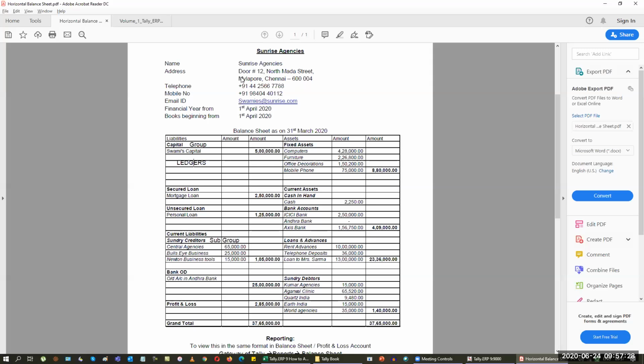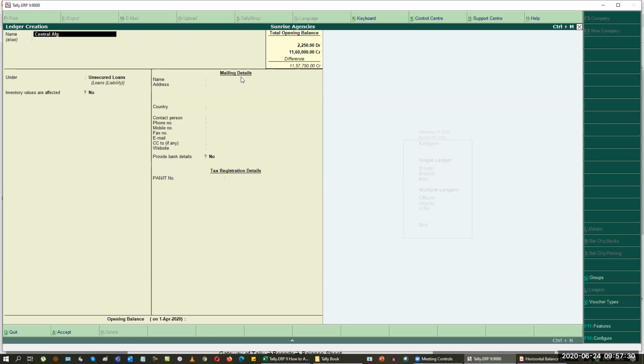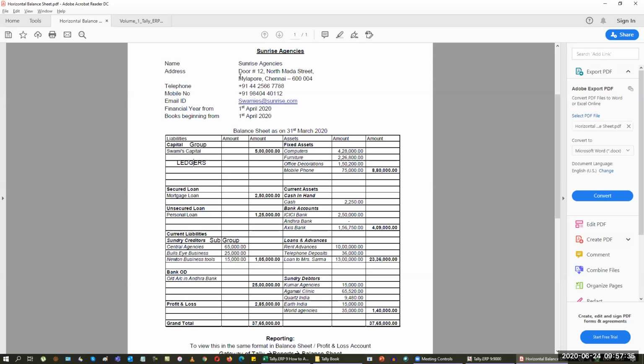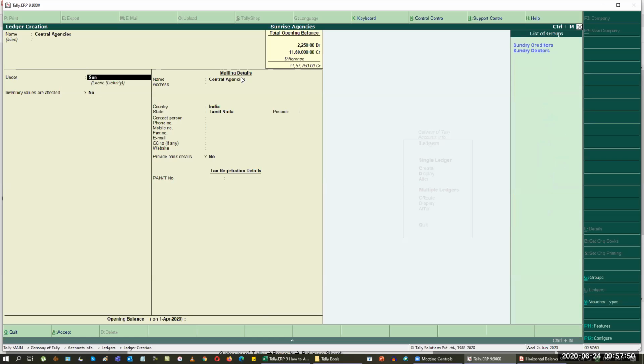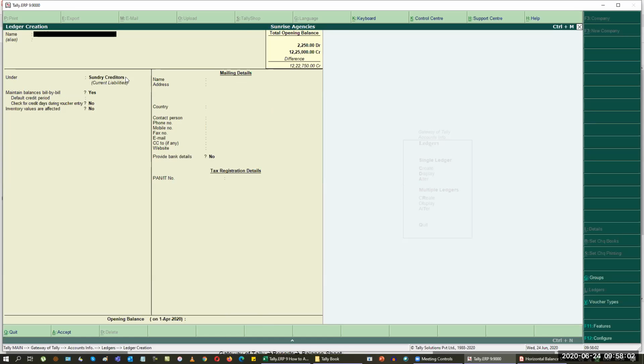Then I'm going to go to the next part called central agencies. Again, when I come down to this ledger, this is where my real headache starts, because I have two groups here, one primary group and one subgroup. If I add the data to my subgroup, it will automatically be coined under the primary group because my subgroup is coined under the primary group. So I'm just adding the central agency, I'm going to use this as sundry creditor. When I press enter, you can see that sundry creditor comes automatically inside my current liability. So I don't want to worry about it. Just jump to the last line and feed the value, save it. You don't want to add anything other than that.